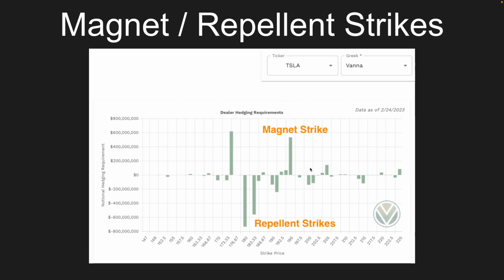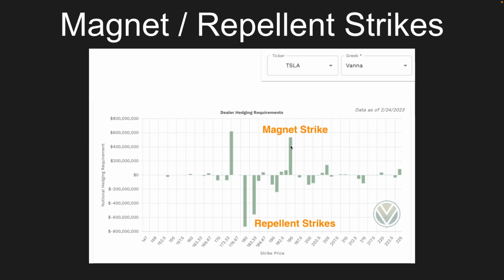But when we're looking at individual assets and we see something like this, let's say Tesla is at 200, and we see this large positive Vanna strike right here, we actually can structure our plays around that, favoring that drop to 195, knowing that as IV rises, dealers will help accelerate price towards this strike, and it will actually have that magnet effect. And at the filming of this video, it is actually Saturday, February 25th. Tesla has closed around 196, so it's basically sitting right on top of this Vanna strike without flipping it,